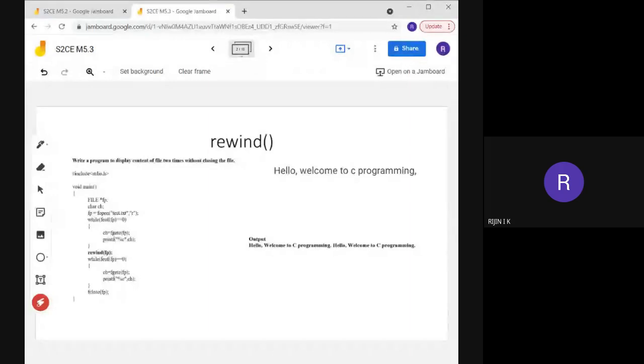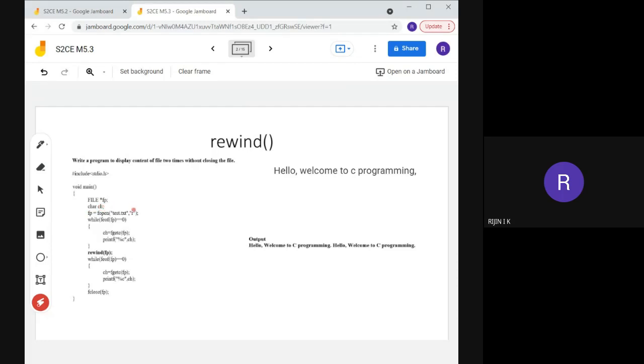We are reading character type data from the file. For reading character type data, we need to declare a character type variable. This is the declaration of a character type variable: char ch;